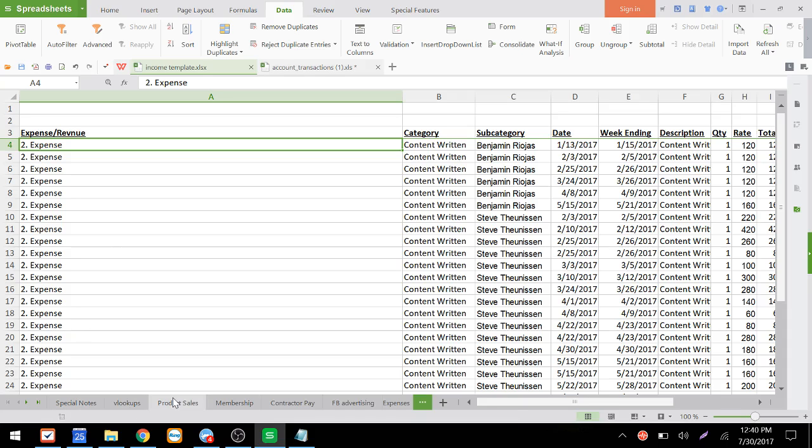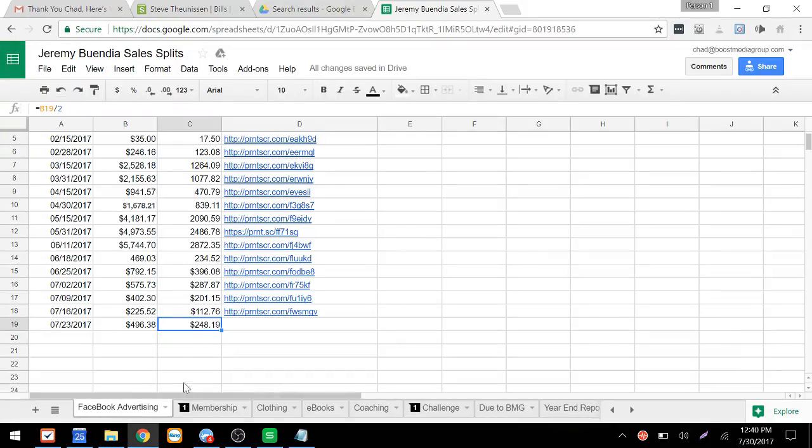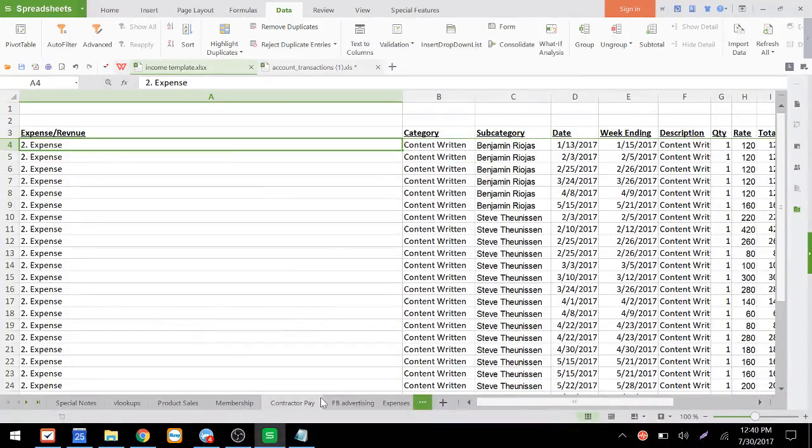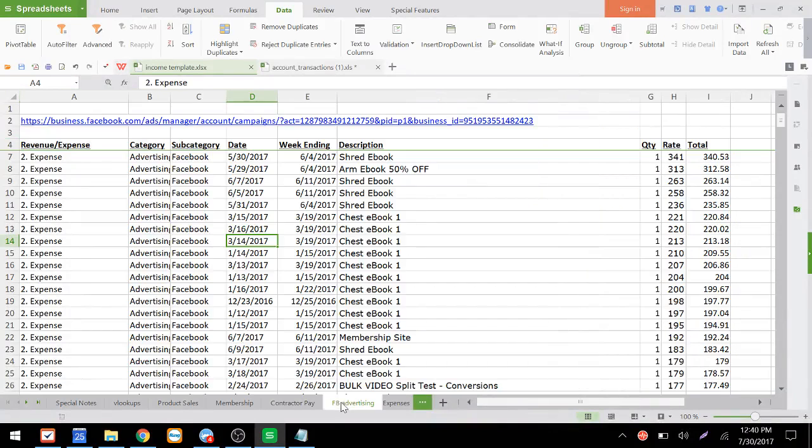So these aren't in the same order as these here. I guess we could put them in that order, and let's just do that, since I'm here and we could just do it really quick.